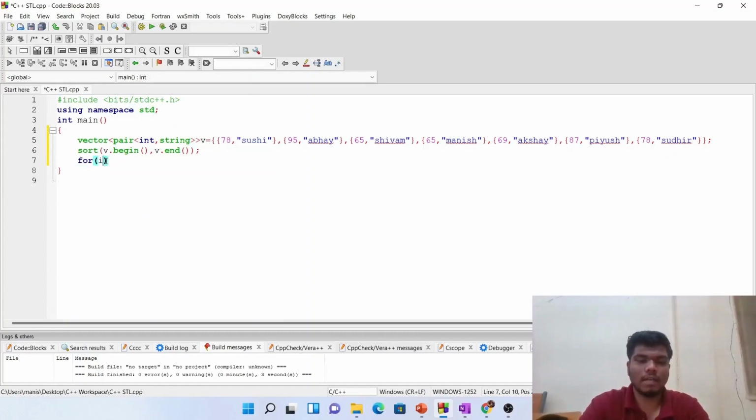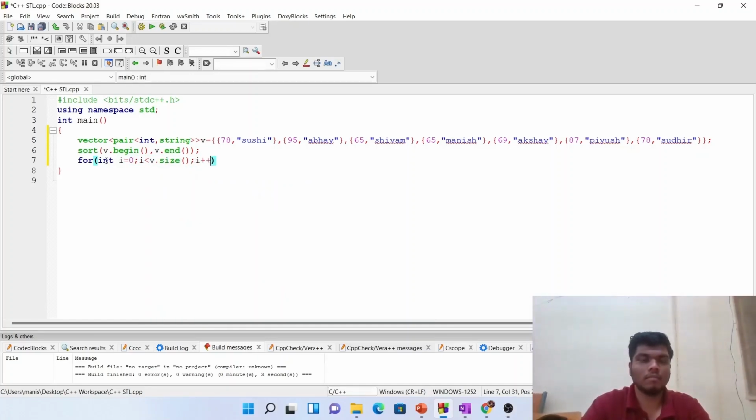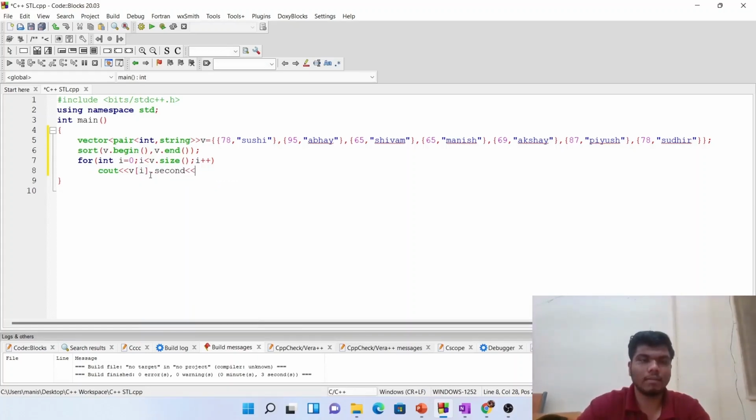And then I can just print their values so that you can see it. I will just print the first part. Now see, since it is a vector, we are accessing the ith element at first. Each ith element is a pair, so we are accessing the second of that ith element.